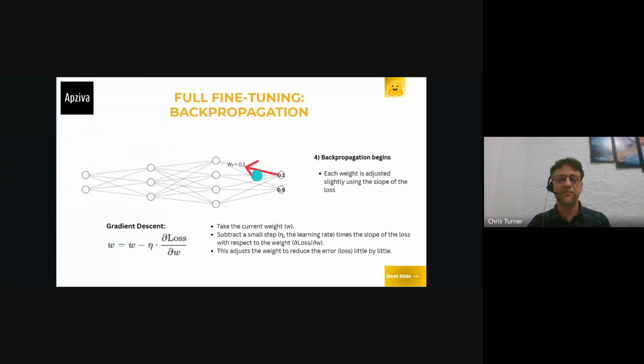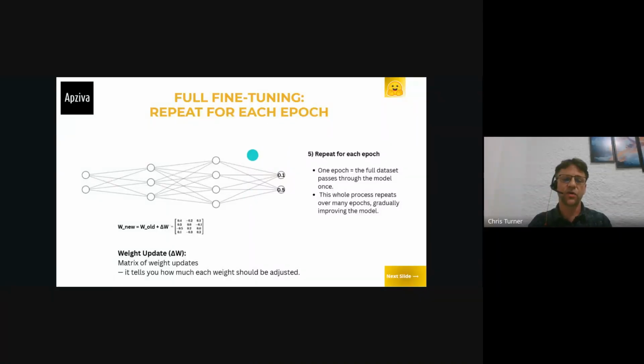And so we need to do that for each of these connections, of course. And so we keep running through that process, and we keep changing the weights until the outputs of the network get closer and closer to what we know the ground truth should be.